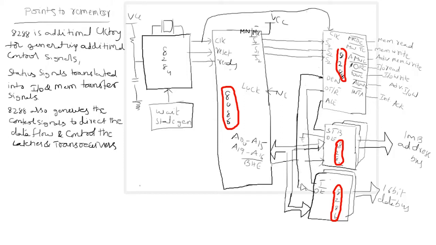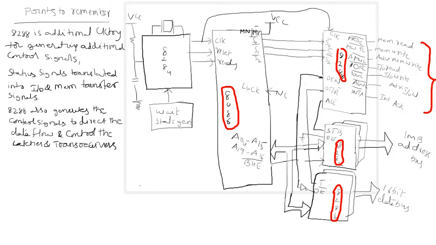As usual, the clock generator provides the clock signals used for clock generation, reset synchronization and ready synchronization. These signals are provided to the 8086. After that, the status signals are used for generating the additional control signals. In the minimum mode configuration we have seen only 4 types of control signals: IO read, IO write, memory read, memory write. In addition to that, nearly 6 to 10 parallel control signals are needed in maximum mode configuration, like these types.